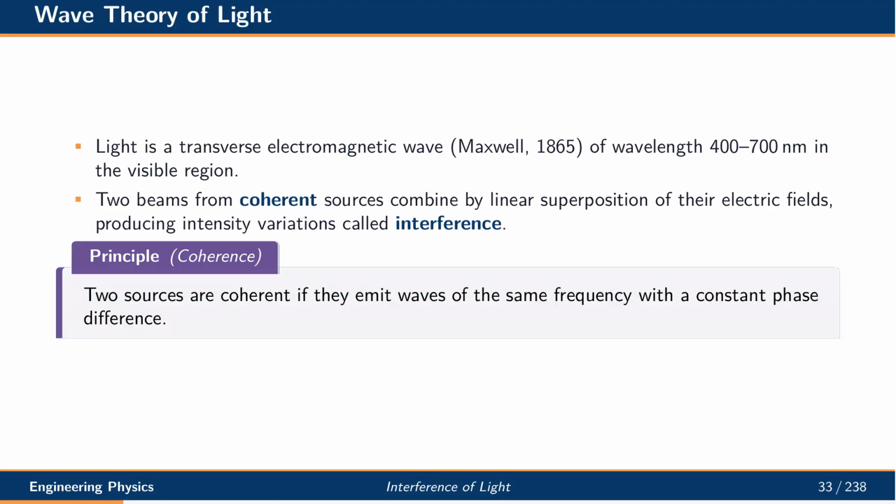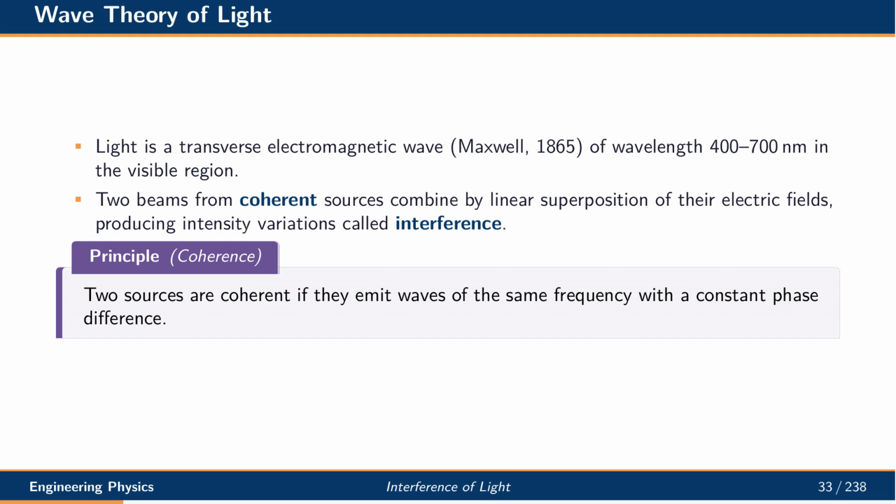Maxwell showed in 1865 that light is a transverse electromagnetic wave. Visible light covers wavelengths from about 400 to 700 nanometers. When two beams from coherent sources combine, their electric fields add linearly. This produces a pattern of bright and dark regions known as interference. Two sources are coherent when they emit waves of the same frequency with a constant phase relationship. Coherence is the cornerstone of